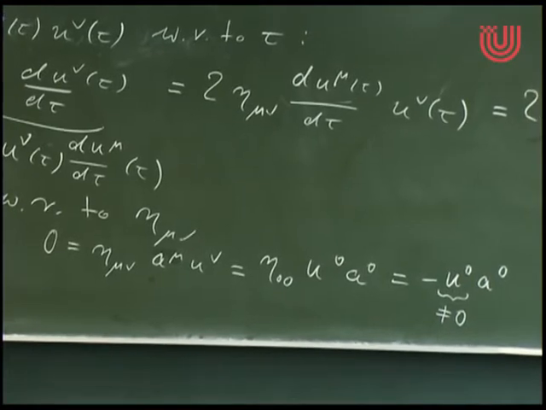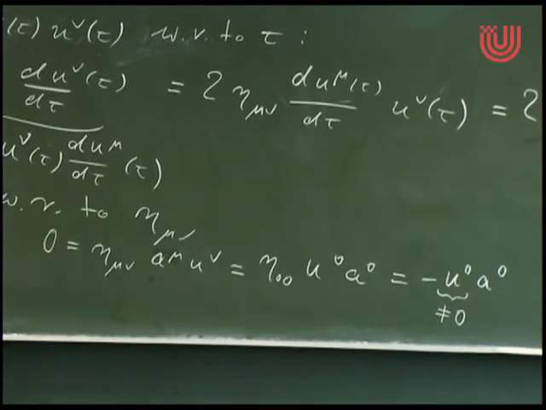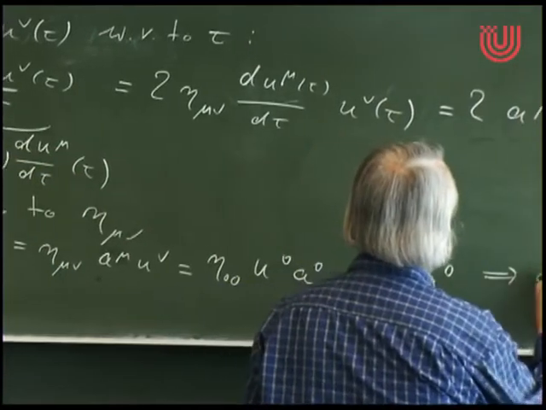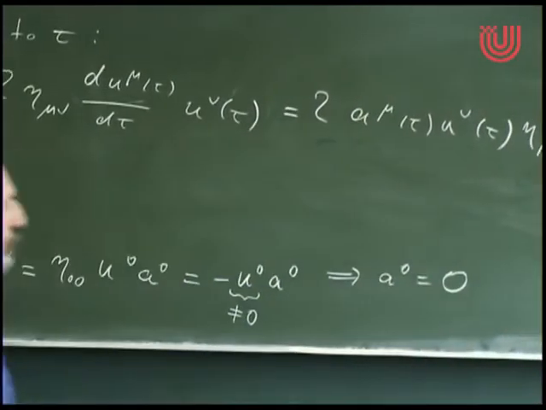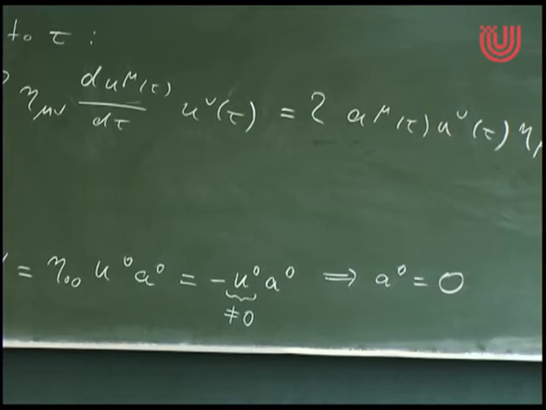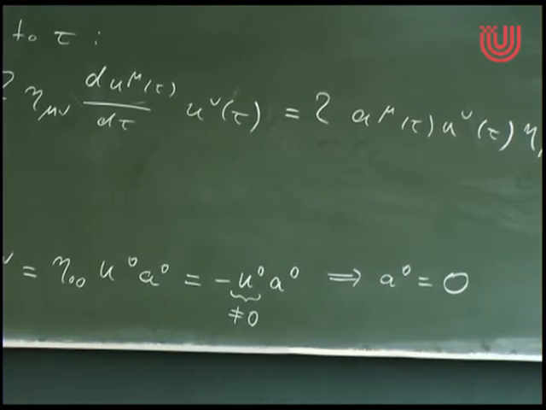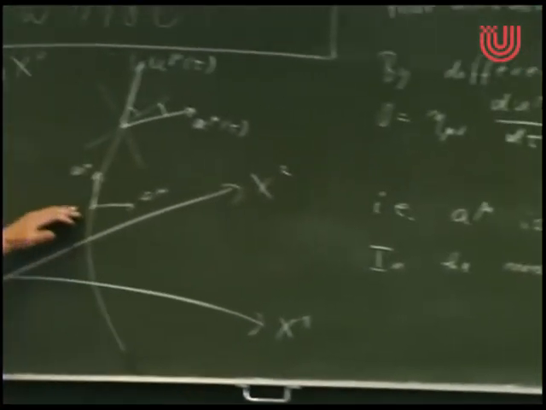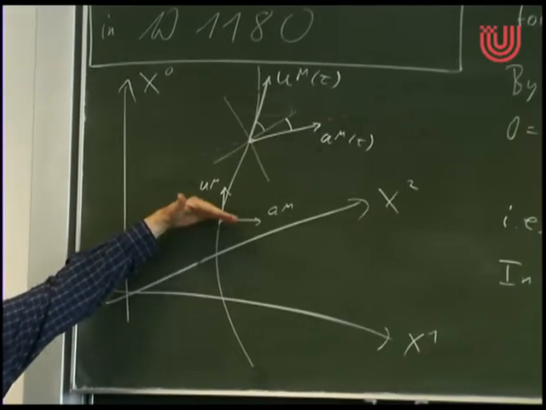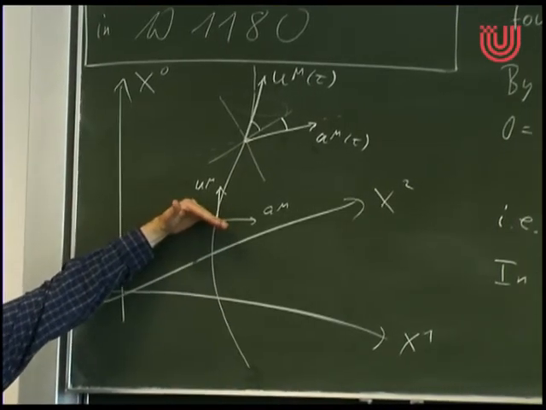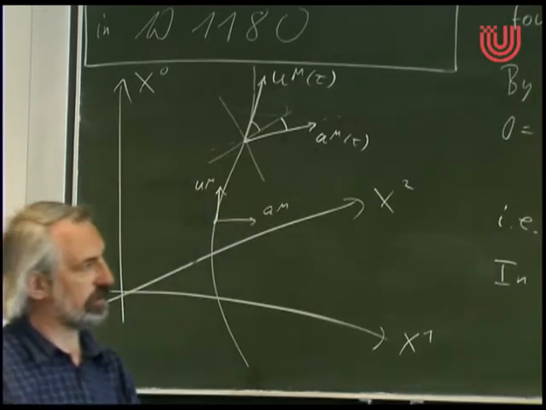It must have this non-zero A naught component. So this is not zero, so what we conclude is that the A naught is zero. So that was the conclusion I had already jumped to a step too early. So what we see in the picture also follows from this calculation. The A has no zero component, no temporal component. And from this in particular, we read that it is a space-like